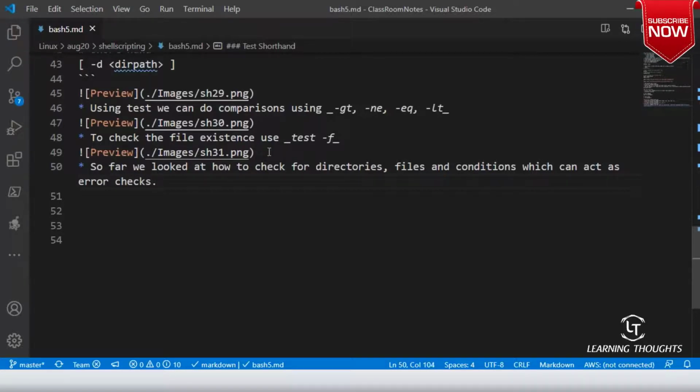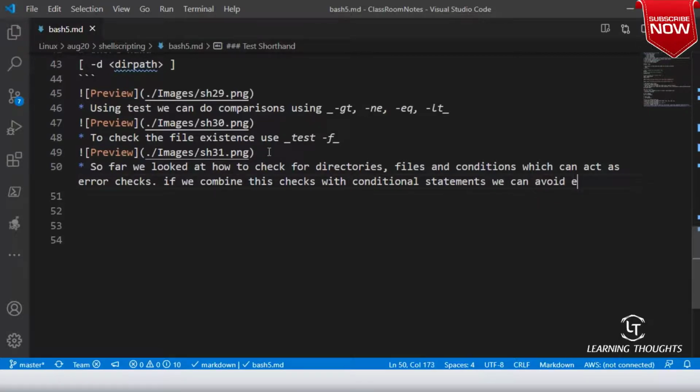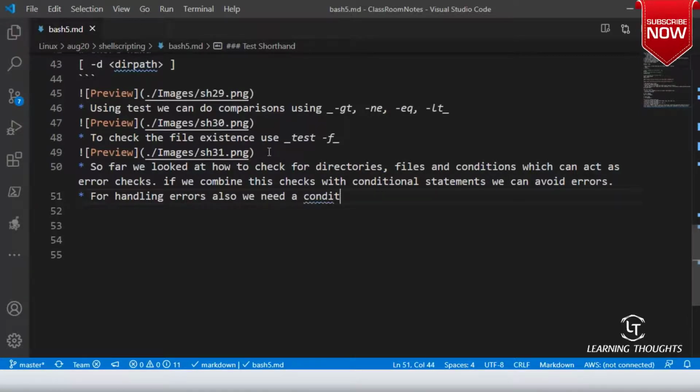Now, basically, if we combine these checks with conditional statements, right, we can avoid errors. Do you agree with me? So there will be condition statements like if and all of that stuff. So for handling errors, also we need a conditional statement.